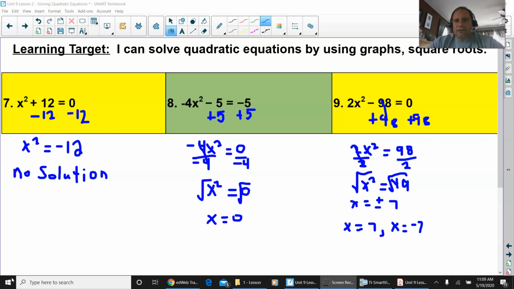And then you get x squared equals 49. You square root both sides. You get x equals positive 7, x equals negative 7, and that's basically it. So to go on to the next page,